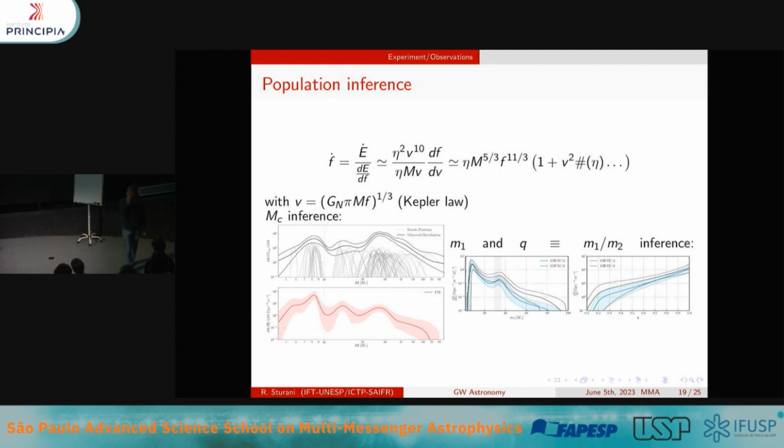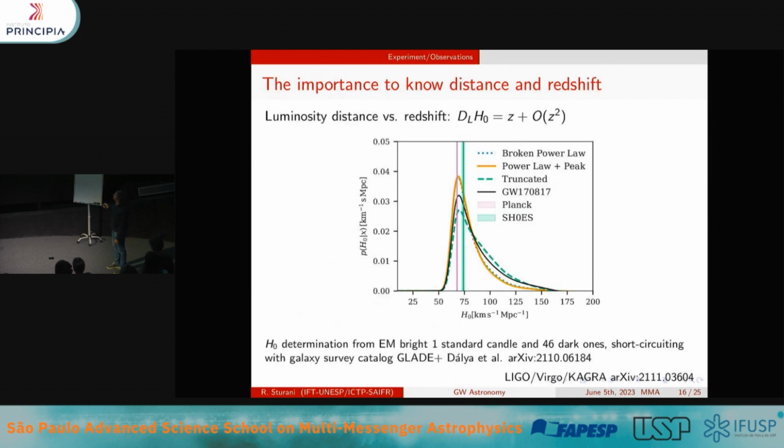We need to accumulate more statistics, because you see here we are fitting all together at once the distance and the masses, and this is the intrinsic distribution of mass ratio. Again, mass ratio equal to 1, that is M1 equal to M2, is favored by observation because it gives a stronger signal. But even so, it seems that the binaries prefer to be formed on a democratic basis, with two partners of roughly the same mass. And this is important, as I told you, when you want to do inference with